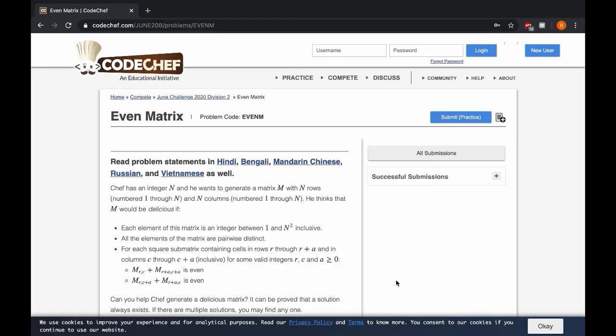This is the 5th question of the June Long Challenge Division 2, Even Matrix. The question goes as follows. You are given a matrix M of size n cross n, which has n rows and n columns, and the matrix should follow 3 properties. The properties are